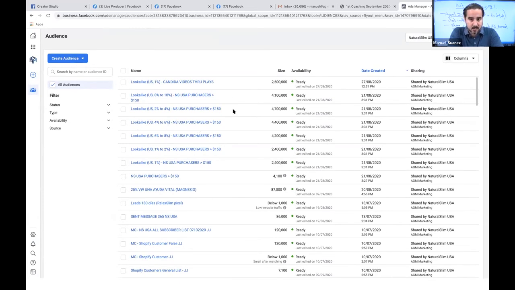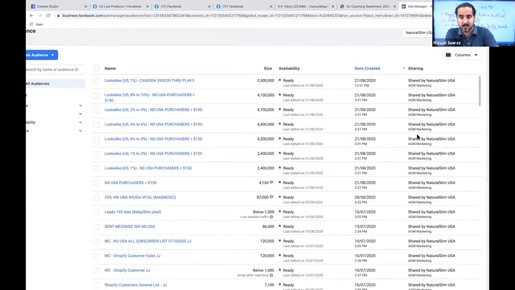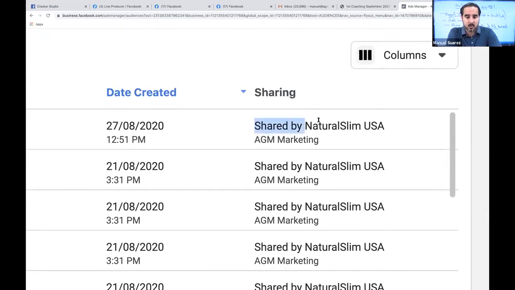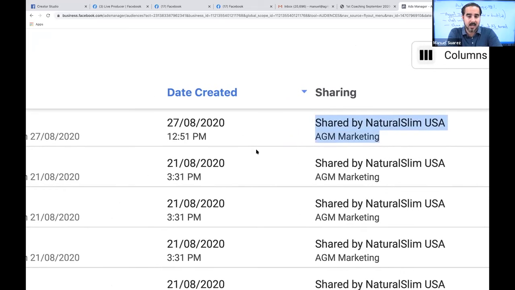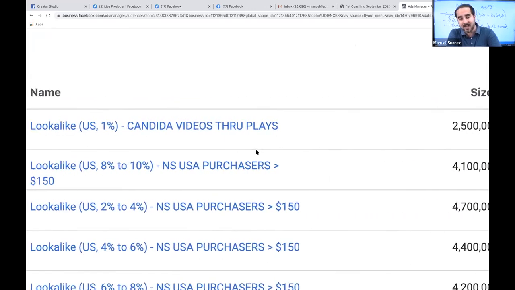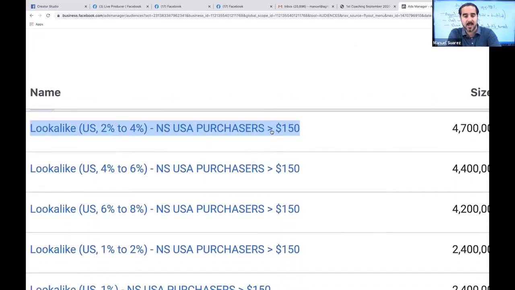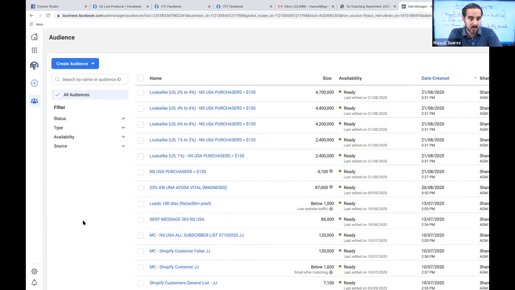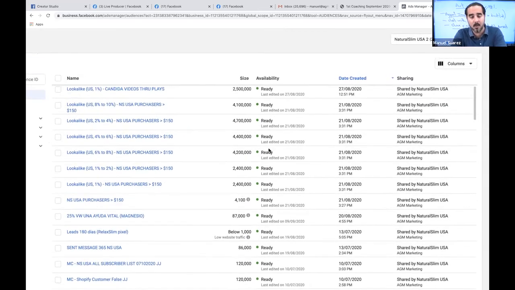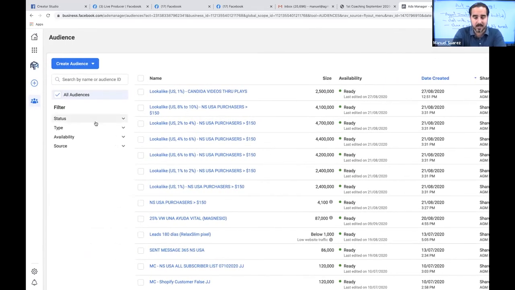You see how it says shared? Look at this. This is a perfect example. Do you see? Shared by Natural Slim USA, AGM Marketing, okay? So all these audiences are coming from the main Natural Slim USA ad account that we have been building for a while now. Okay, so they are shared. So that means that both ad accounts can use them with each other.